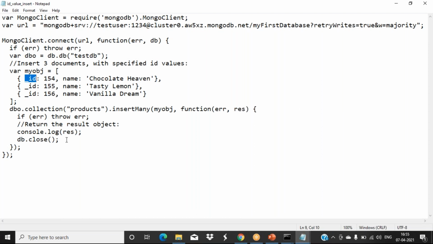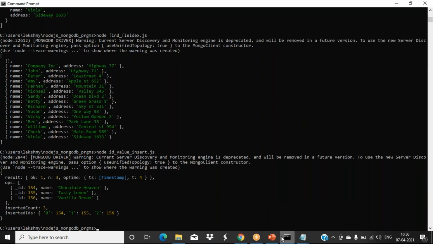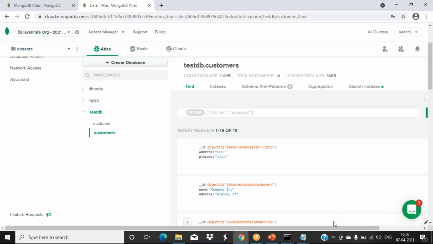Okay, so with insert many, console log, we are displaying res also. We are not displaying a message saying which one is inserted. Instead of that, we are displaying this result only. So that is what we are getting here. Like this, if you want, you can view it in your